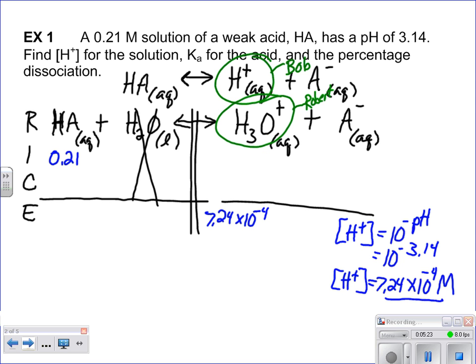Also means that I started with none of this and none of this. So I know that I can plug in some zeros for my initial concentrations on the right-hand side of my equation. So now I just need to figure out what my changes are. Just like we did with our equilibrium constants when setting up those Rice tables, we know that we've got to add to this side. You can't subtract from 0 here for a concentration, and subtract from this side. You can look and see that you've got to add 7.24 times 10 to the negative fourth to both of these,